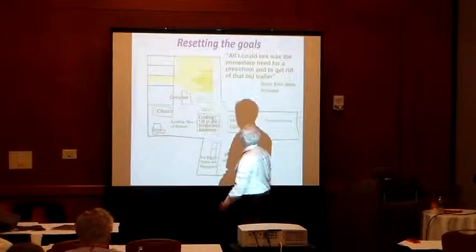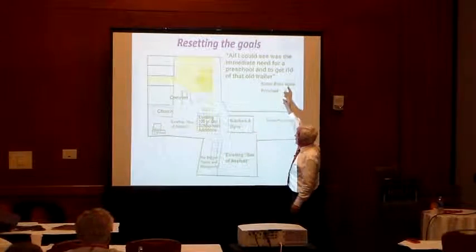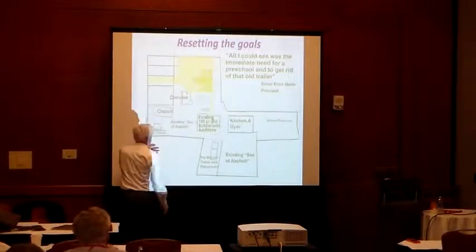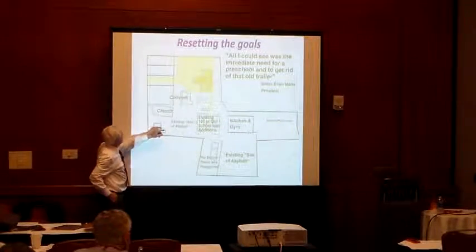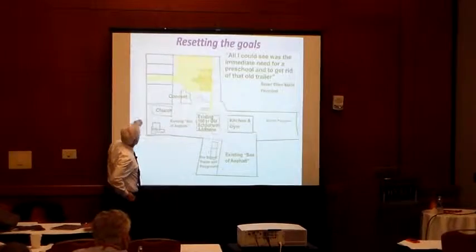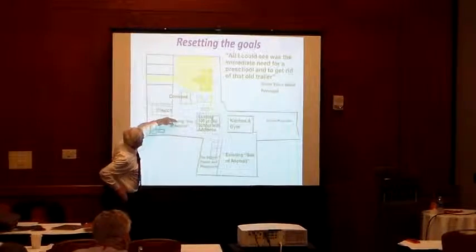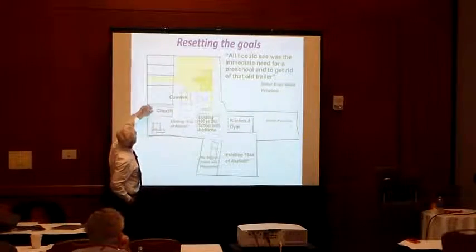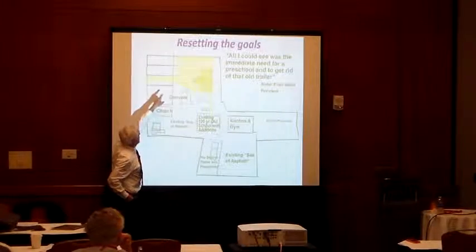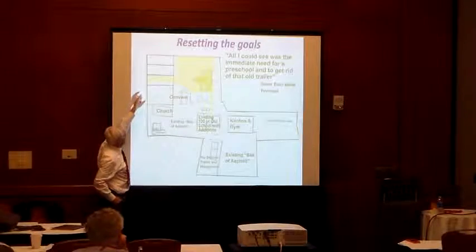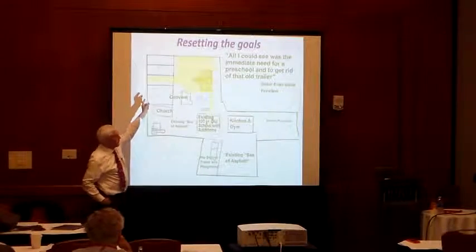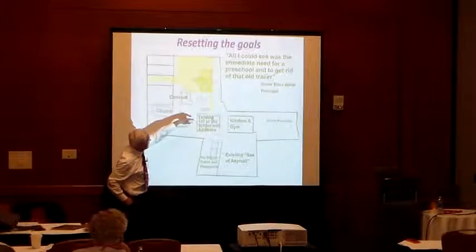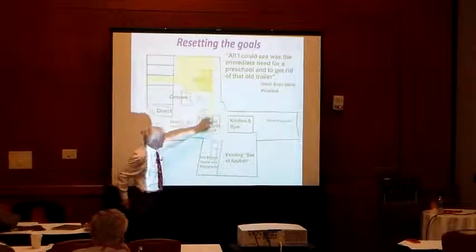But they started out, and all they could see was the immediate need for a preschool. So this is in an inner city neighborhood, a little street that runs right here. There's two-way traffic here, and that was the only way to get in and out. They had a lot down here that was off the beaten path, and then we're going to do two-way traffic right there. So the preschool down here, have a pretty good way to walk between the preschool and the existing